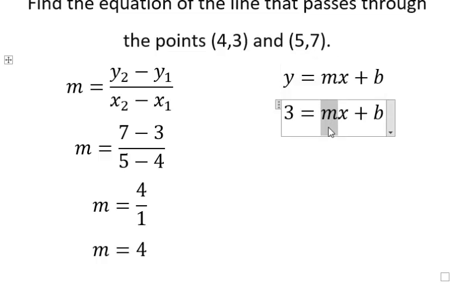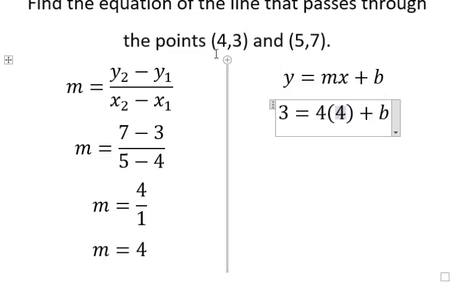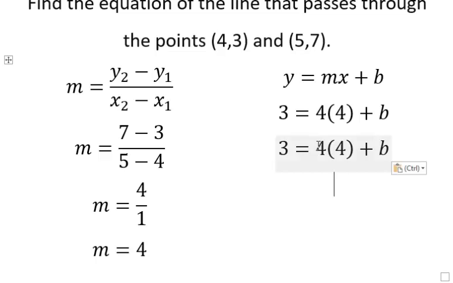Which number is m? M is 4. We just found it. Okay, so we put 4 instead of m. And which number is x? Instead of x, I'm going to put, if the y is 3, then the x is going to be 4. We're not going to use 5 or 7, because if we already choose one of the points, then we stick to that one. Then if you see the parentheses, that's basically a multiplication, so 4 times 4 is going to